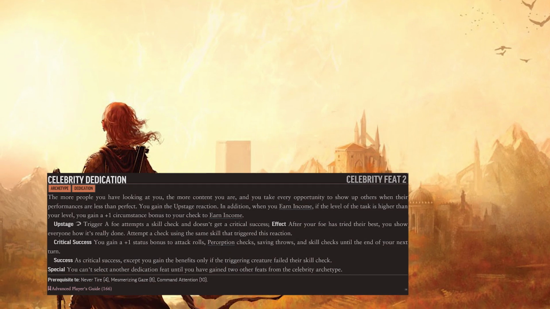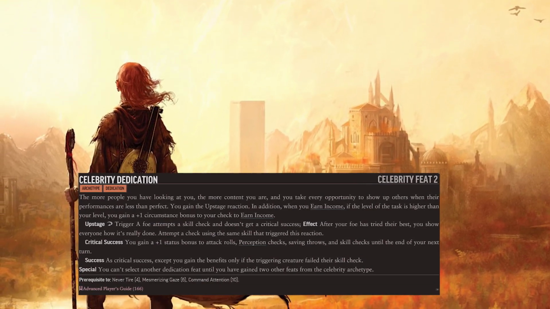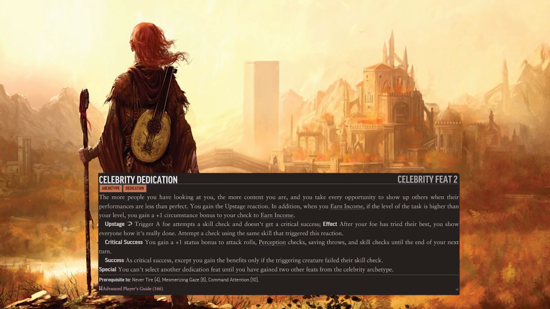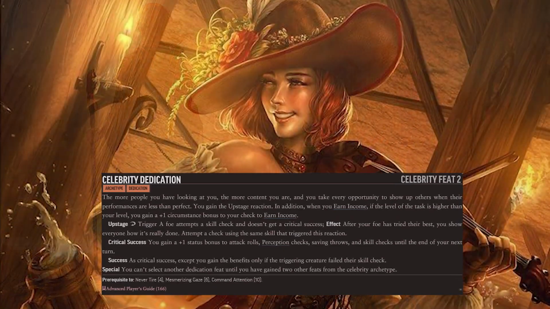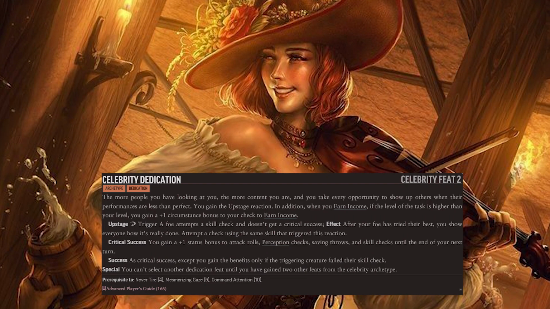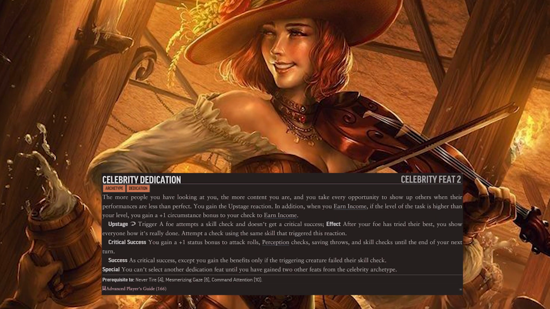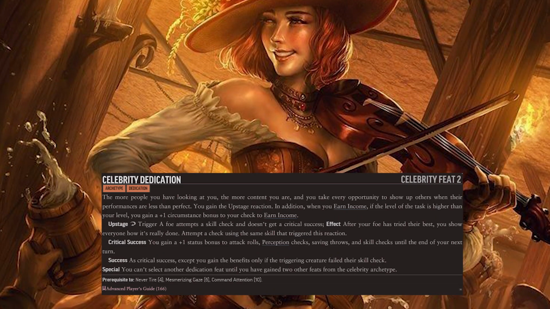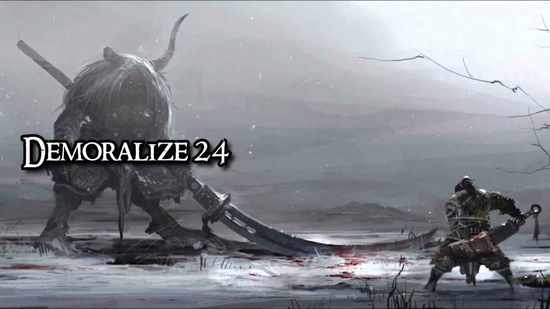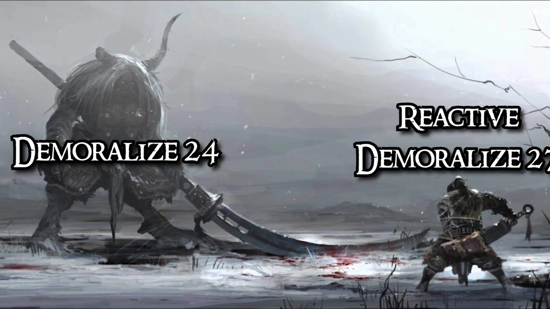Bard with Celebrity Dedication. Want to truly delve into the Bard fantasy? This dedication is for you! The bonuses granted from this at level 2 are a +1 to the downtime activity Earn Income if the task is higher than your level, and you gain a reaction which is called Upstage, which, should an opponent do a skill check and not crit, you get a chance to 1-up them at their own game, and on a success